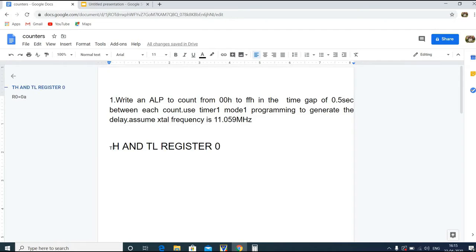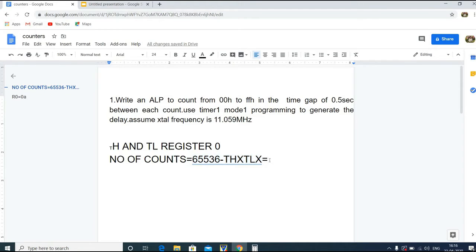So here first we'll find out the number of counts, and we know the formula to find the number of counts is the maximum possible number that can be stored in the TH and TL register minus THX and TLX content. Now here we know that the maximum delay is possible when THX and TLX contain 0.